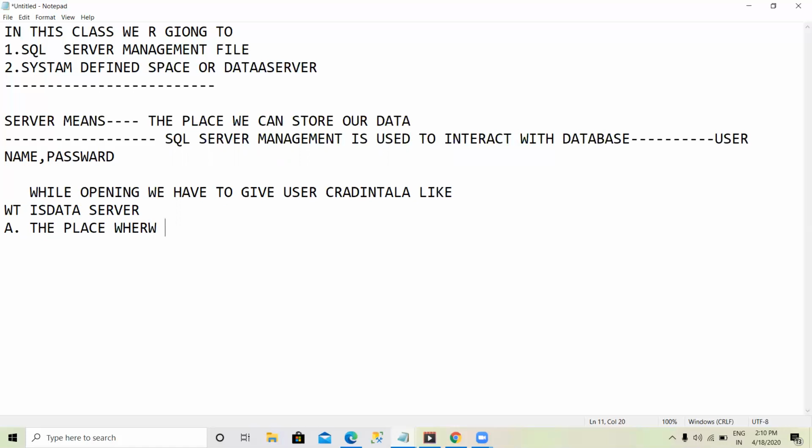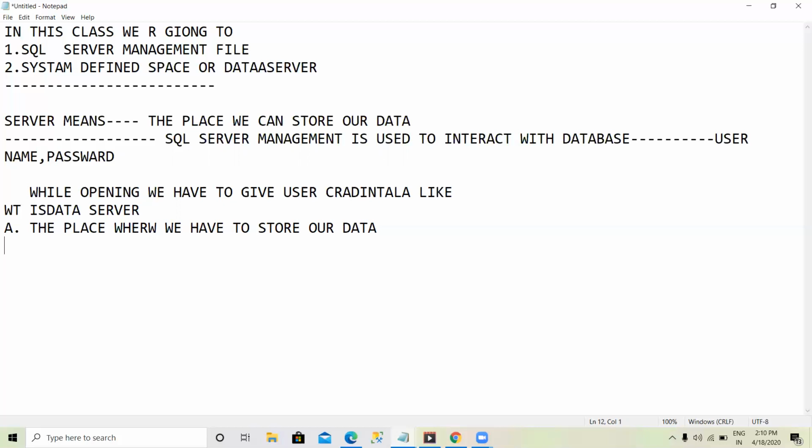Data server is nothing but the place where we have to store our data. Okay, data server is completed.